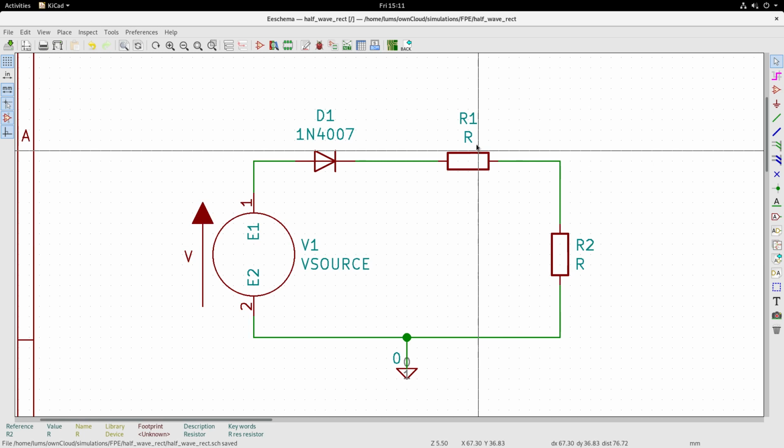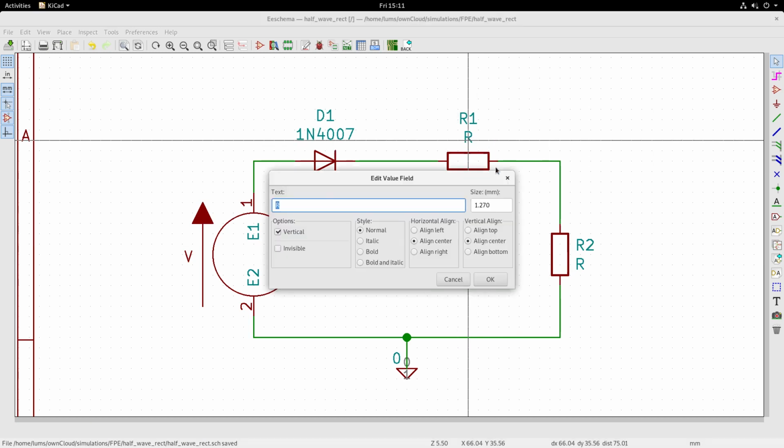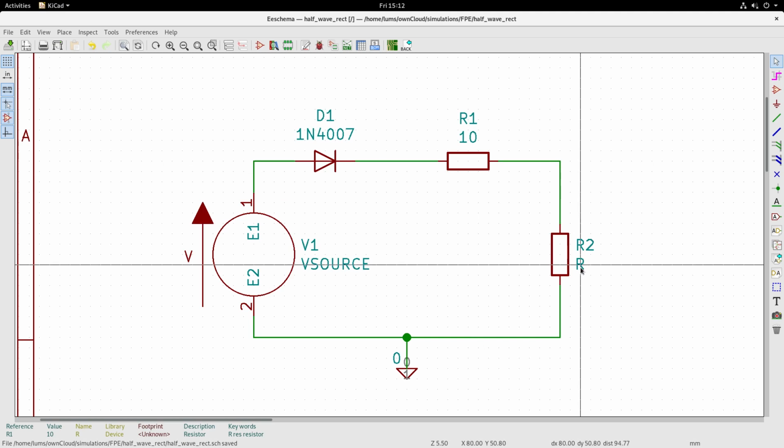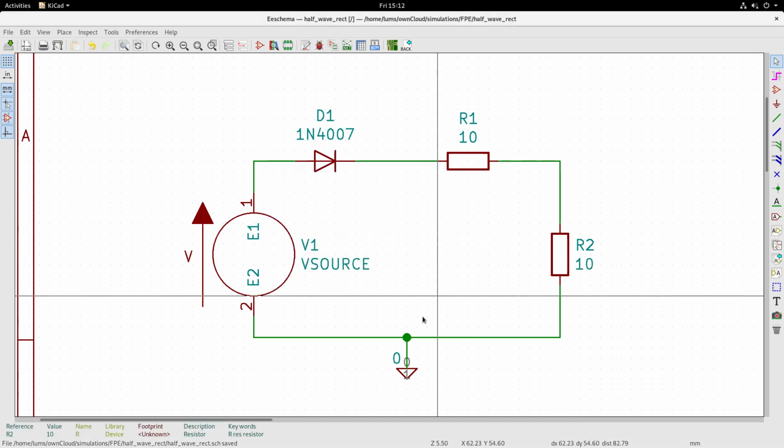So now the value, we will edit value and make it 10 ohms, and keep it on the value R, edit value, and let us give 10 ohms.